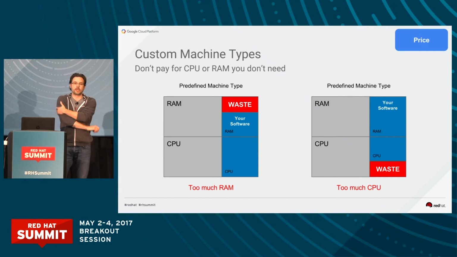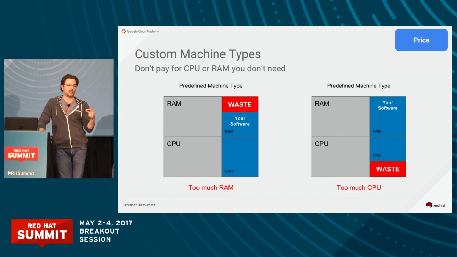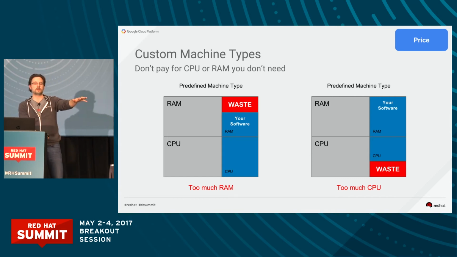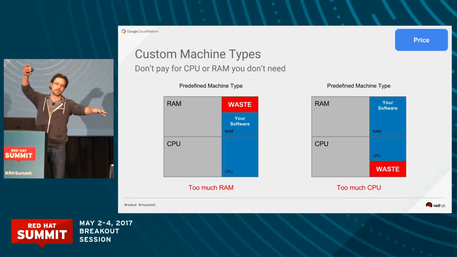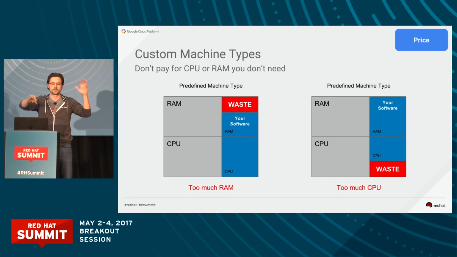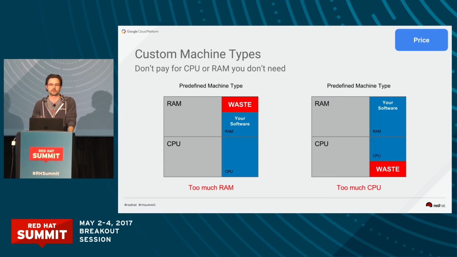For those of you that have not run something in a public cloud, you have to choose the sizing and the volume almost every time you go in. So I want a 16-way machine, but especially in this space, as you think about it, what happens when you go past 16-way and the next step is a 32-way? Well, what happens when you really only need 18 cores? Oops, you've got waste on the RAM or on the CPU side. This is a very, very common problem in predefined machine types.